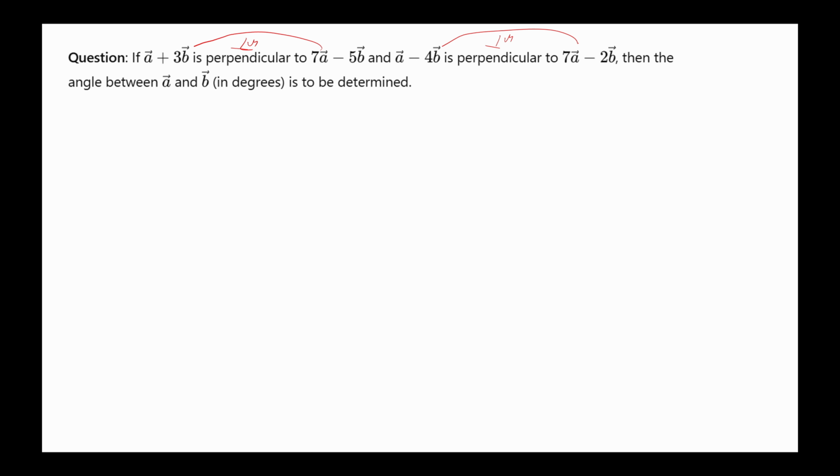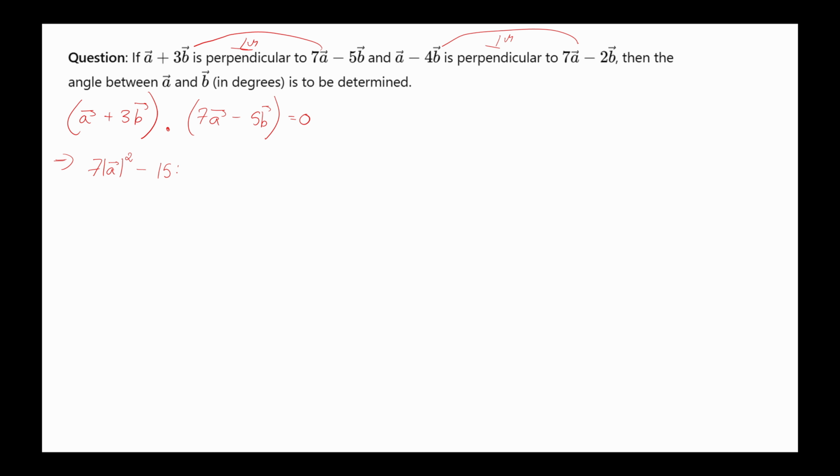So as we studied, if any two vectors are perpendicular to each other, that means their dot product would be 0. So from here what we can say is a vector plus 3b vector, this is one vector because of course the sum of any two vectors is a vector, dot 7a vector minus 5b vector, this is equal to 0. So let us do the dot product. What are we going to get? This would become 7 a vector modulus square